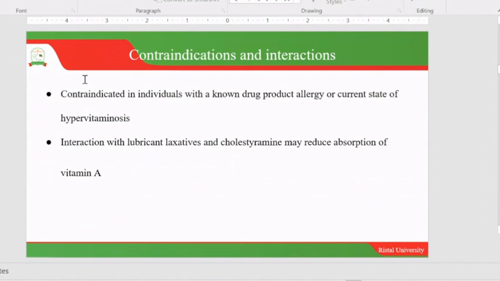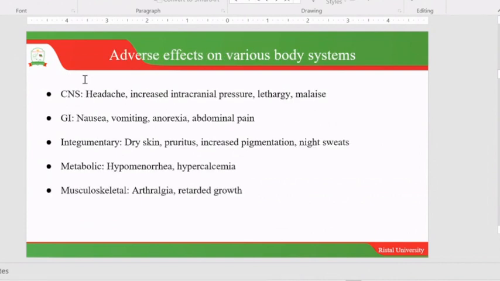Interaction with lubricant laxatives and cholestyramine may also reduce the absorption of vitamin A. Alright, so what are the adverse effects of vitamin A? We are looking at headaches, due to increased intracranial pressure, lethargy, malaise, which relate to the central nervous system. For the gastrointestinal system, we are looking at nausea, vomiting, anorexia, and